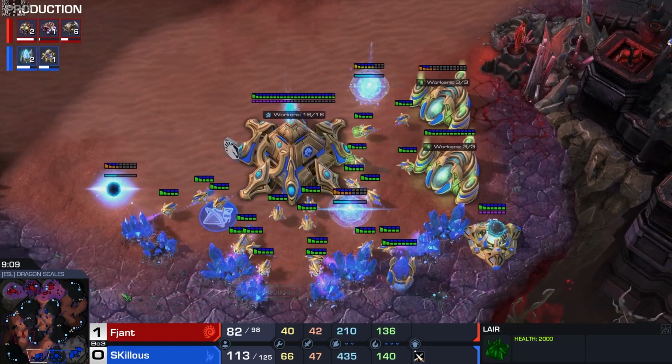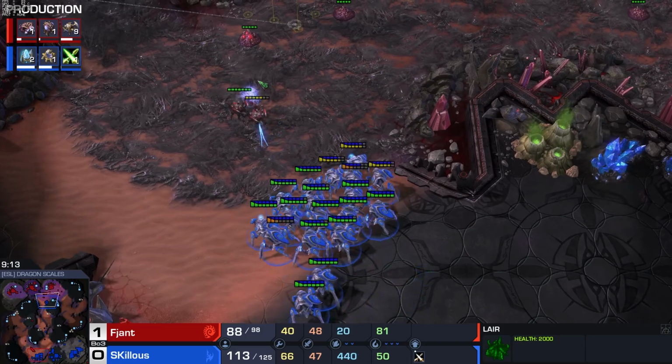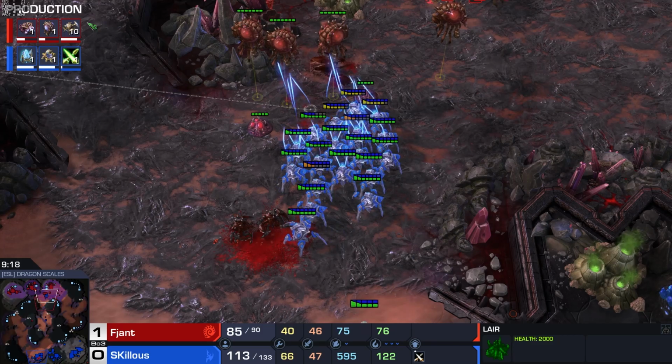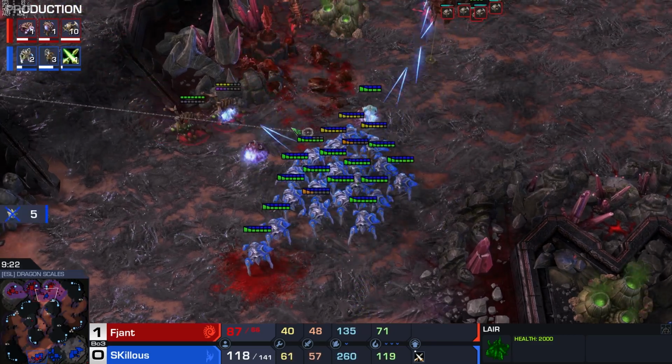I think that is the only choice you really have. You just hold the drone button and you hope he doesn't attack. Because now he's kind of doing the middle of the road thing where he made a couple drones and I was like, oh shit, I really need units. I guess if you get away with it, it's nice, but...